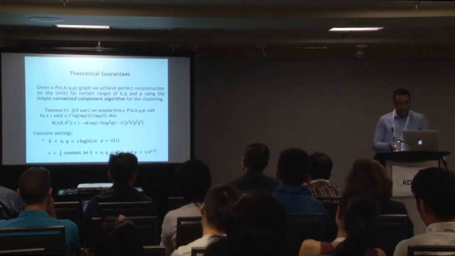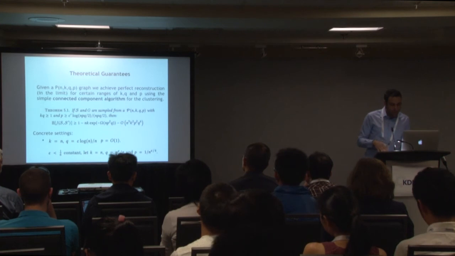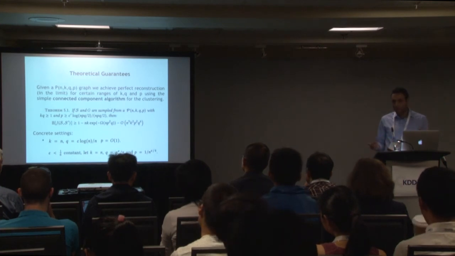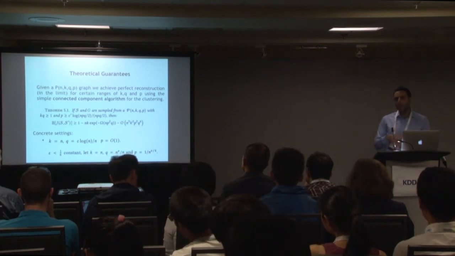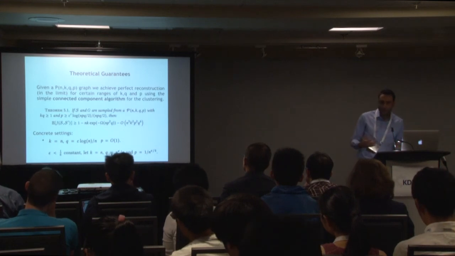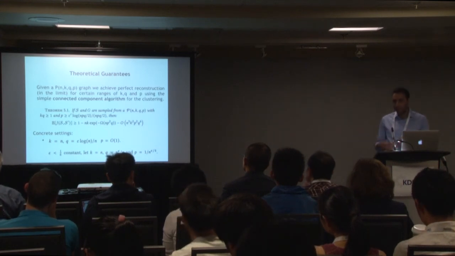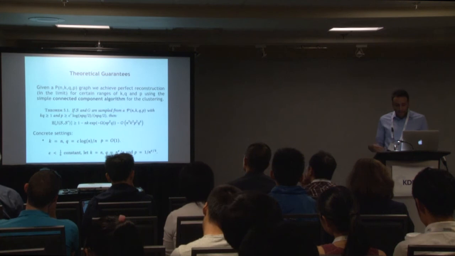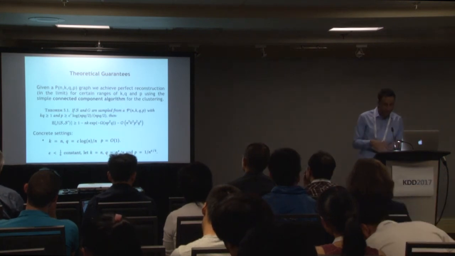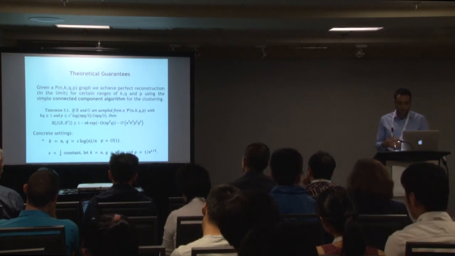Another example is the one below, where there are again n communities, but these are very large. They have a polynomial size with respect to the graph, and each node is part of many communities, a polynomial number of communities. And again, p needs to be 1 over n to a certain fraction of epsilon.